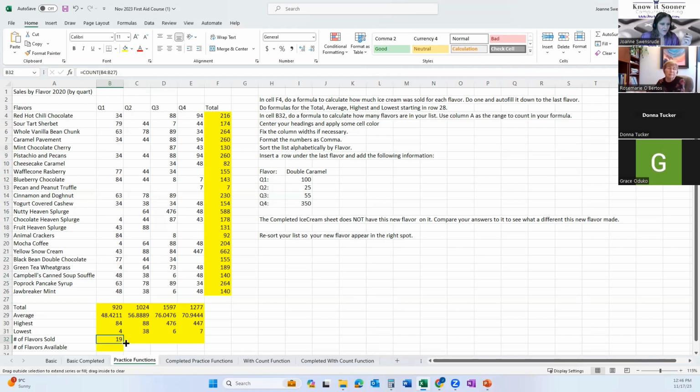Okay, so that count is the same syntax or format as all of the other ones, your sum and your total and your average and all of them, right? So it's like you sold 19 flavors there. That's interesting that that's a higher number, but sales are the lowest. Right? Okay. Now, how many of those weren't sold? I don't know. How many are available?